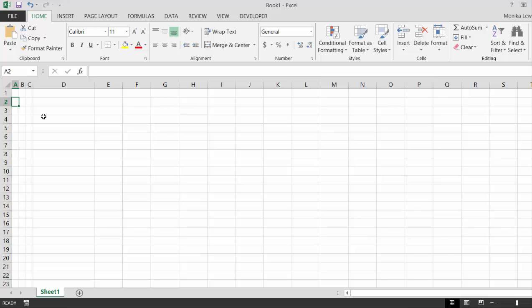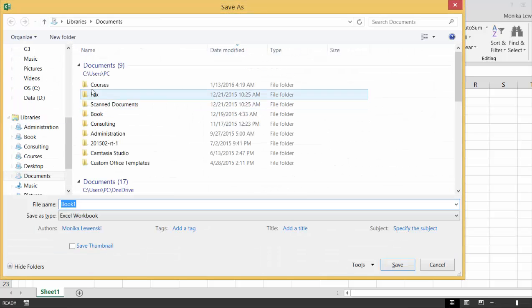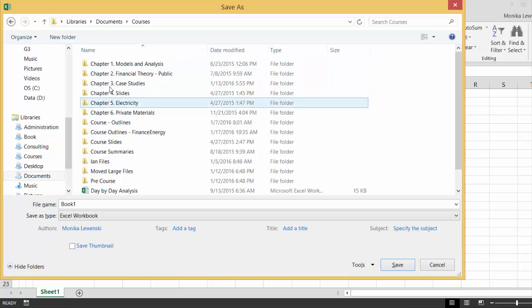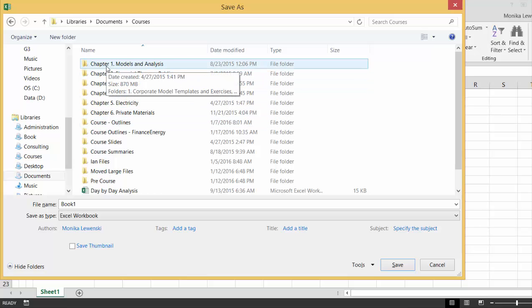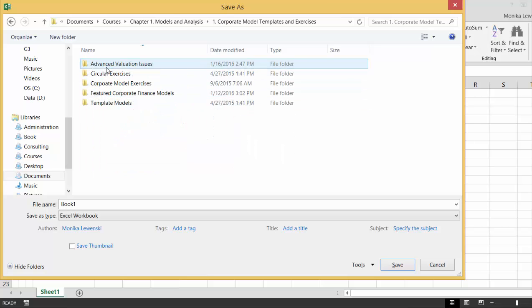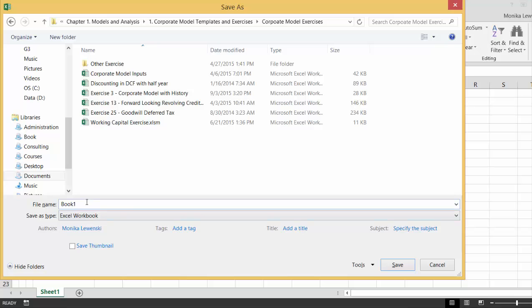And this video is going to be a corporate model exercise. So I will put it, if you have Google Drive, or if I give you a disk, it's going to be in the corporate model exercises. Just the regular corporate model exercises, not an advanced valuation. And let's call this one the corporate model